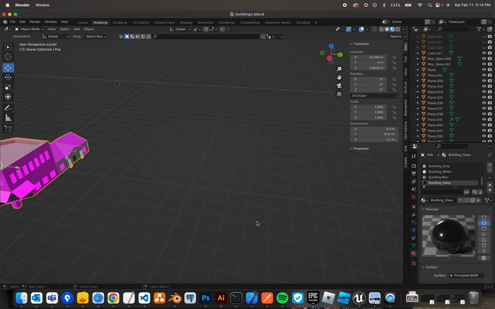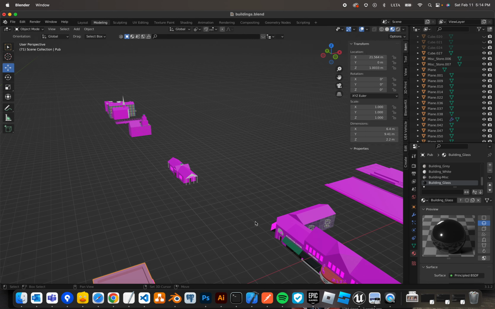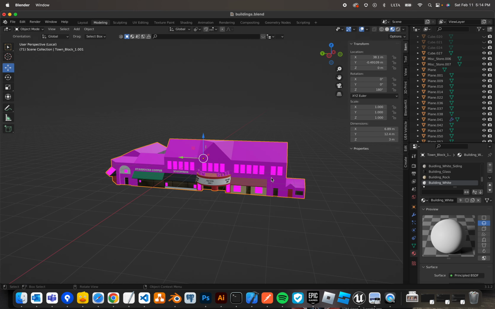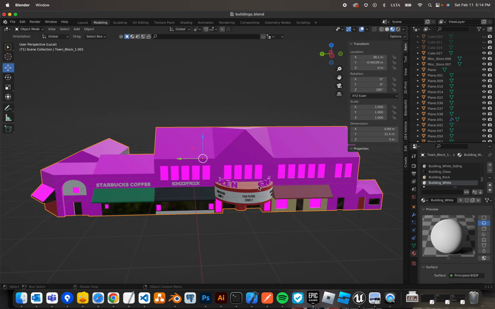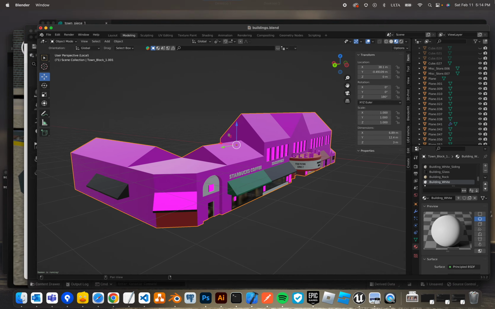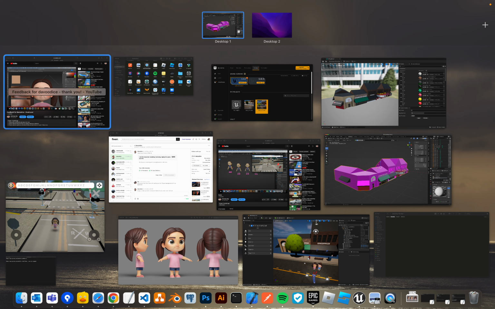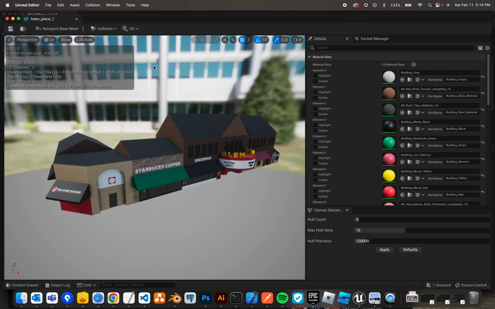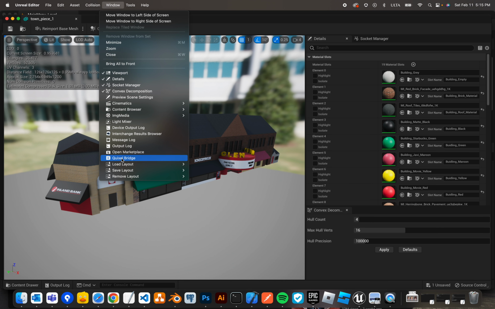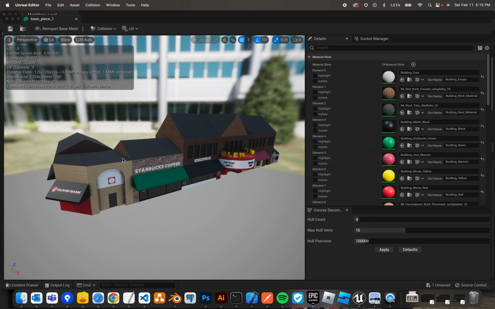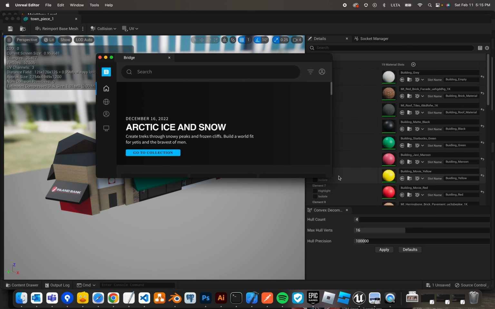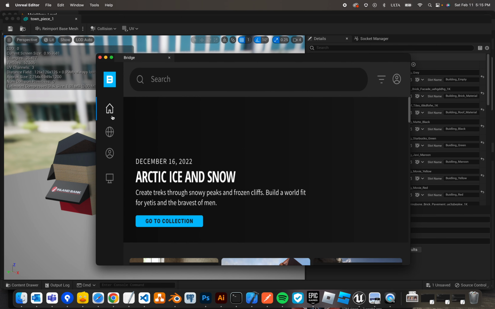So in Blender, I would build out the pieces of town, and I would do the texturing. They're purple because the assets are missing, because when I moved them over to my network drive, they probably unlinked from the files, and that brings me to another point I want to talk about. What I ended up doing is I'd go into Unreal, and I'd go to Quixel Bridge. If you're unaware of Quixel Bridge, this is where you can get a bunch of free materials. So if you come into Quixel Bridge